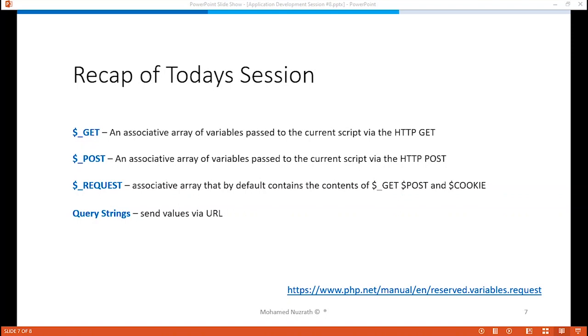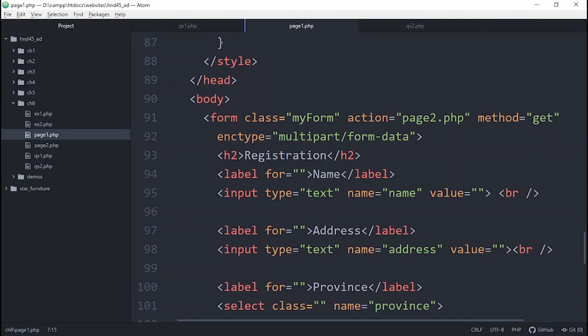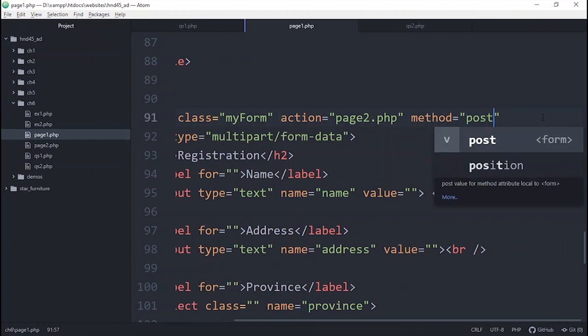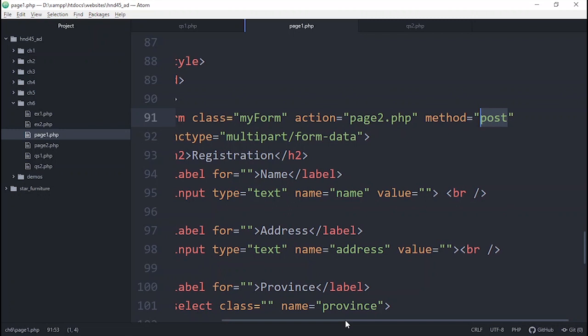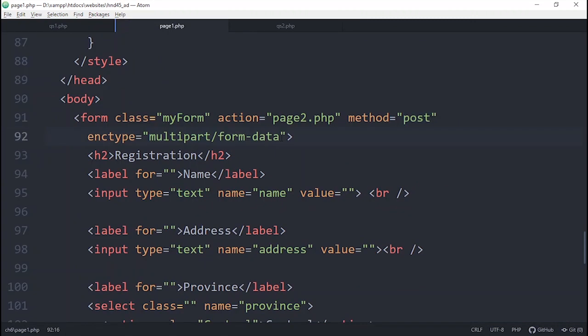When it comes to submitting values, internally we use HTML forms. HTML forms have different types of things. Let me show you quickly. A method here, the method normally we use is post, and it has no restrictions. If you use get, you have restrictions, only 2048 characters can be uploaded. You can't upload binary data, and here I have mentioned it to upload binary data also. You can see this is enctype multipart/form-data. If you mention this particular information in the form tag, this form is capable of sending binary information as well.